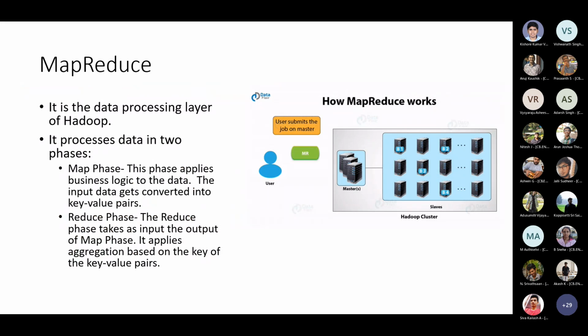So in this you have the data. There are two phases. One is the map phase and the reduce phase. So the mapping basically converts the data into key value pairs, which basically means that you assign, if it's text data, for an example that we saw in the video, you could create a data dictionary with numbers being assigned to each of the words. And if you just put it in a sequence of numbers, you will be able to recreate what the words are. So you can basically reduce the size of the whole overall data set by a very large amount if you do this.